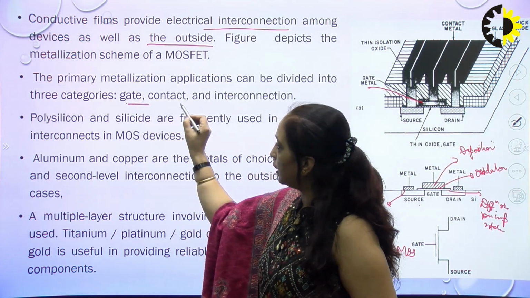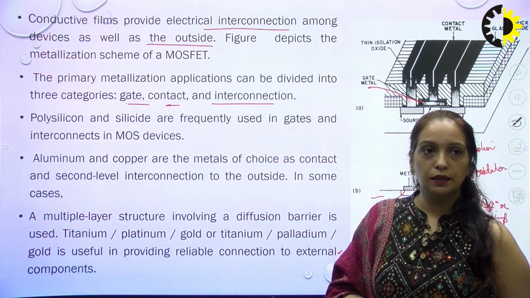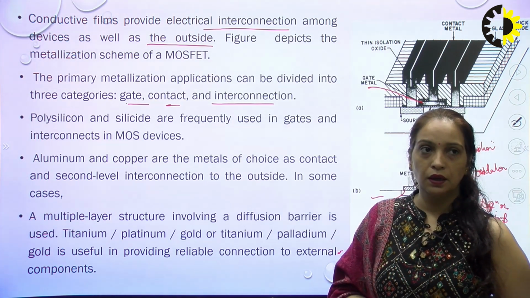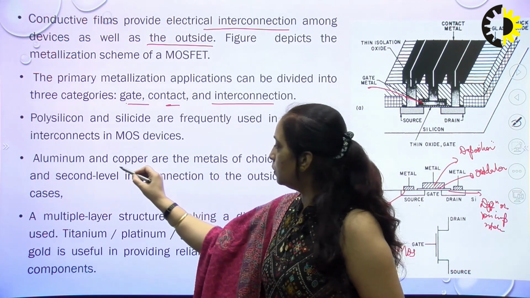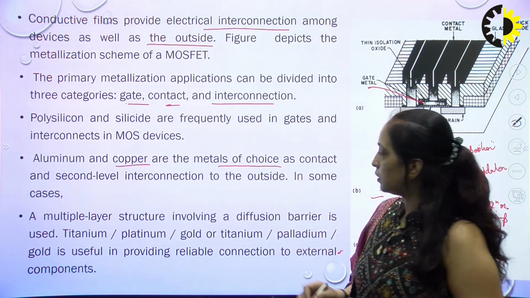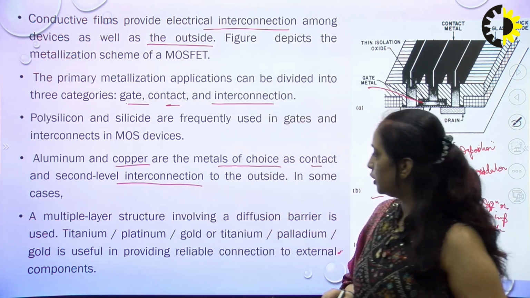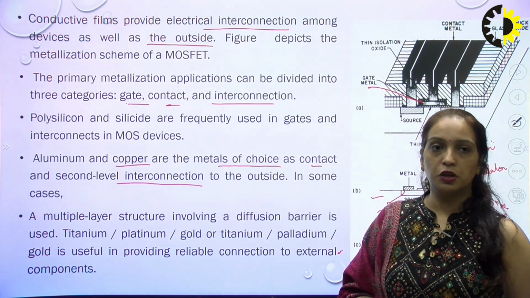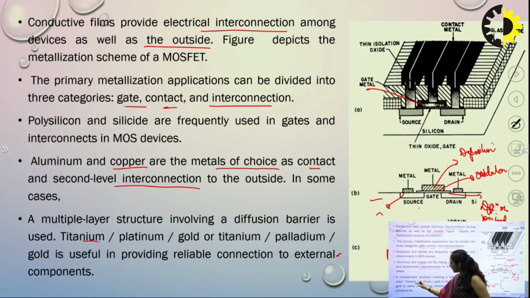It can be used for the gate contacts and interconnections. Polysilicon and silicide are frequently used as a gate material and interconnects in PMOS devices. Aluminium and copper are the metal choices used as a contact and second level interconnection to the outside world. A multi-layer structure involves a diffusion barrier, for which we use titanium, platinum, gold, titanium,